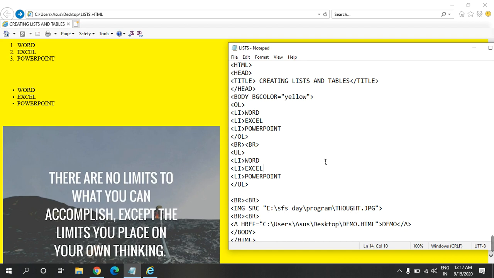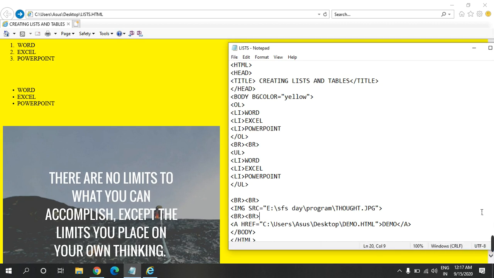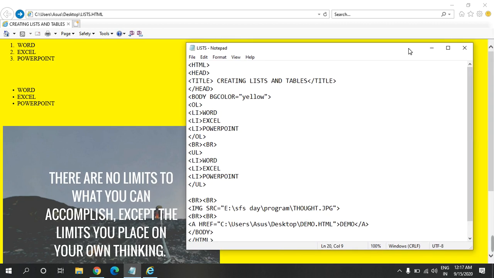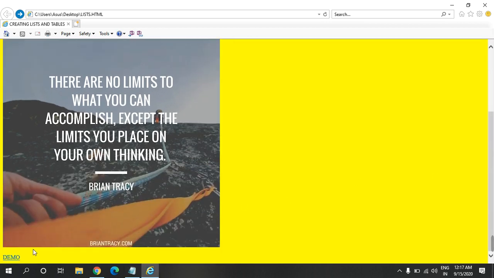Then we have created a hyperlink. You may see a hyperlink is being created. At the bottom there is a hyperlink, demo. So where will this demo hyperlink take us?